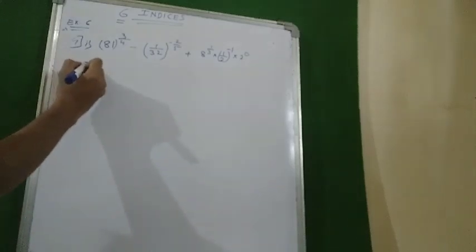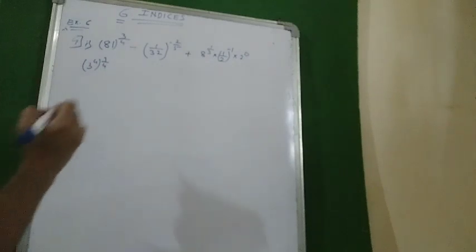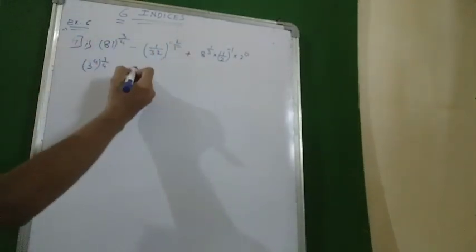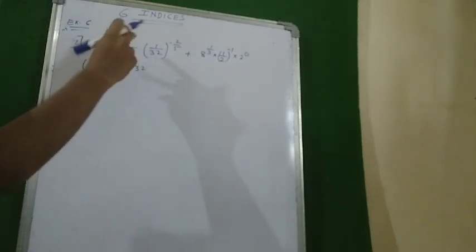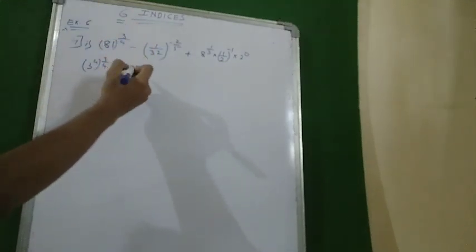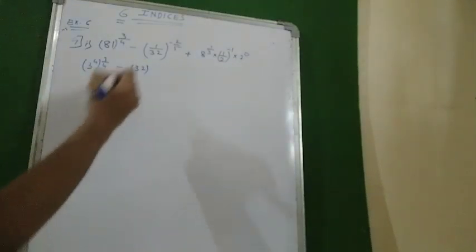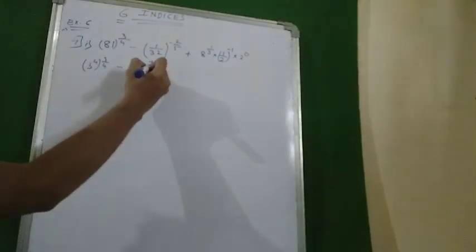Okay, so I will write 3 raised to 4 whole raised to 3 upon 4 minus. There is a minus sign in the index, so it converted into plus, and this will become reciprocal. 1 upon 32 will become 32 upon 1, and if 1 is there in the denominator, it doesn't have any value, so it is 2 upon 5.